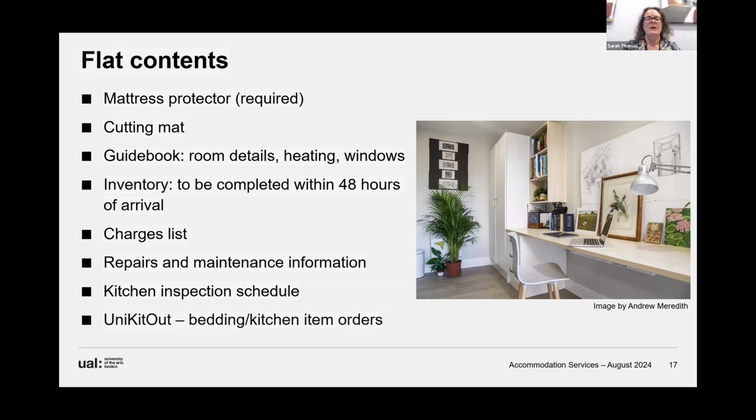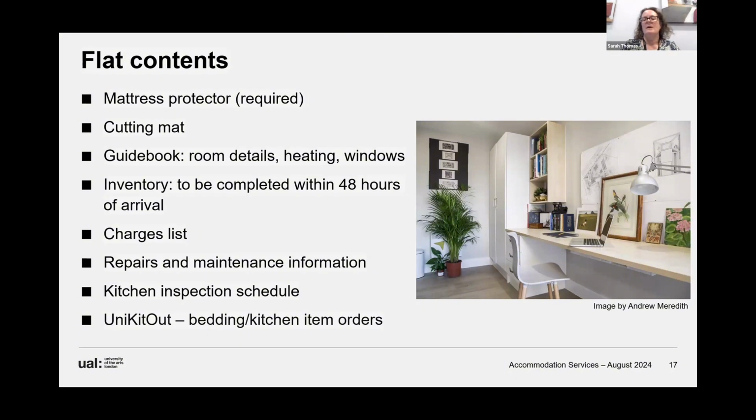cost comes back to you guys and is split between everybody in the flat. So work together to keep that kitchen clean. Come and see me if you've got issues. We can put cleaning rotas and that sort of thing in place with you if there's real problems, but hopefully there won't be.